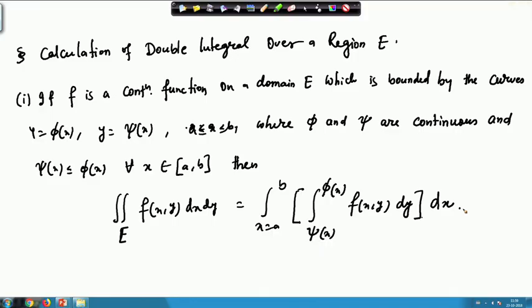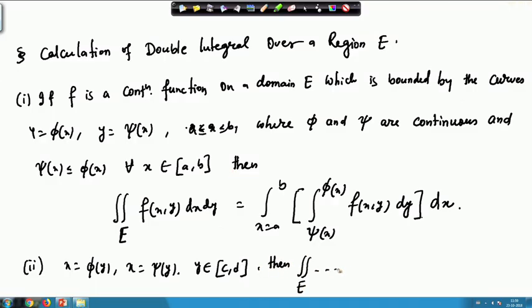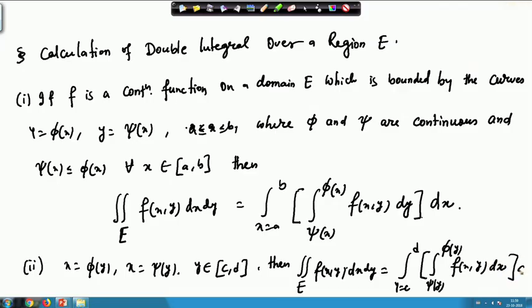Similarly, if our function f is continuous on a domain E, which is bounded by the curves x equals phi(y) and x equals psi(y), where y is running between c and d, and both phi and psi are continuous for all y in [c, d], then our double integral over the domain E of f(x,y) dx dy can be given by the integral with y running from c to d, then the integral from psi(y) to phi(y) of f(x,y), we integrate with respect to x,